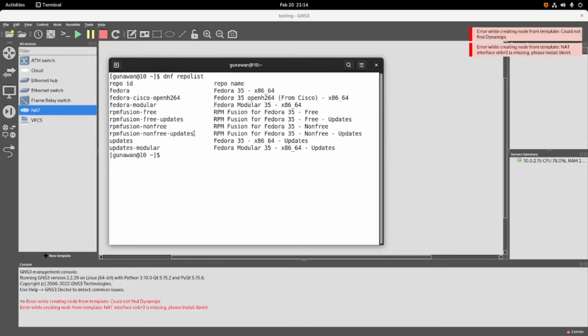I already installed my RPM Fusion repository. libvirt is a package located in the Fedora official repository. So we will install the Dynamips and libvirt packages with one command.